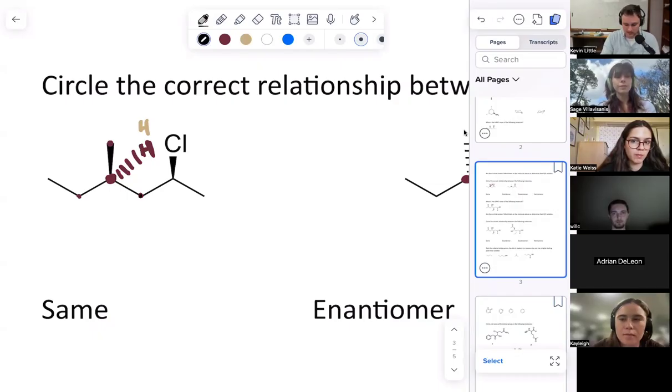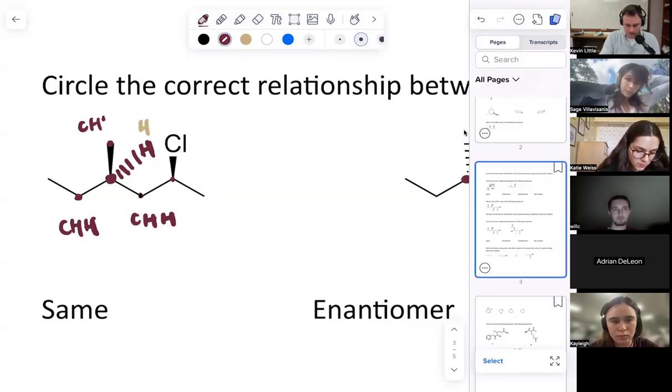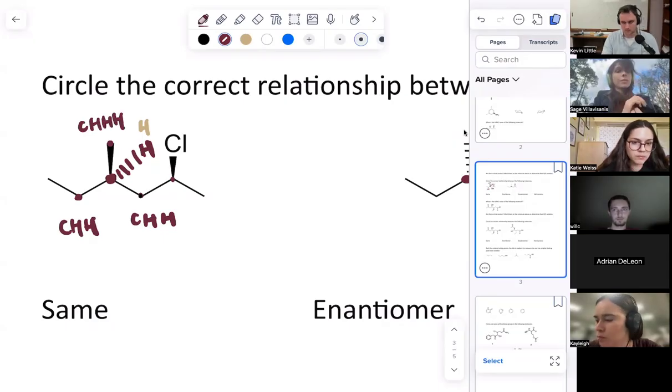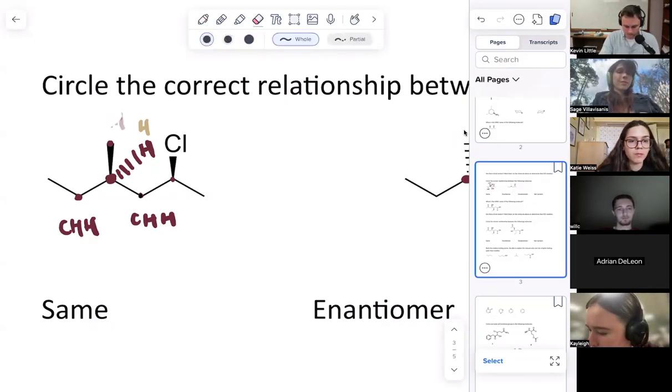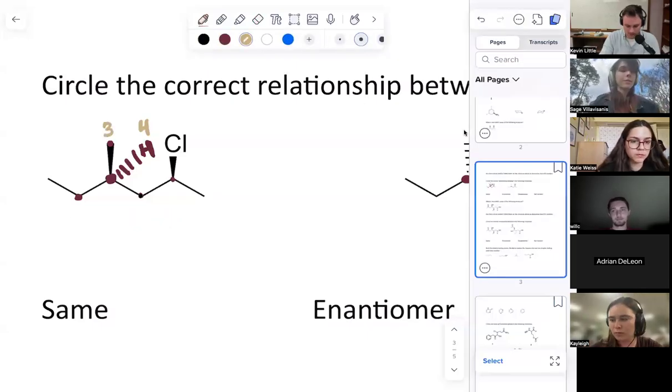This carbon is attached to one carbon and two hydrogens. So this is carbon and two hydrogens. This carbon is attached to one carbon and two hydrogens. This carbon is attached to one carbon and three hydrogens. So right off the bat, I know this has to be three. This carbon is attached. So then